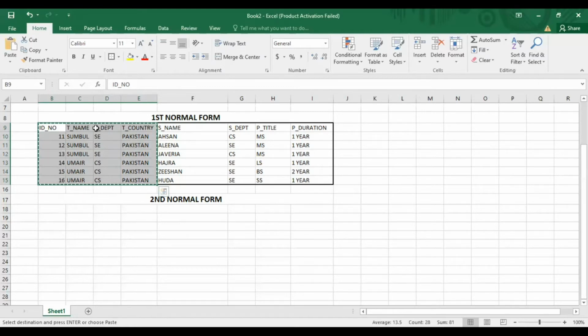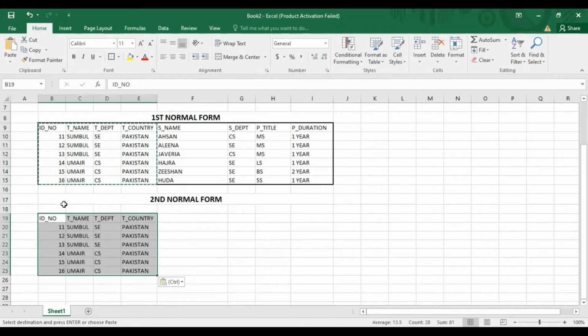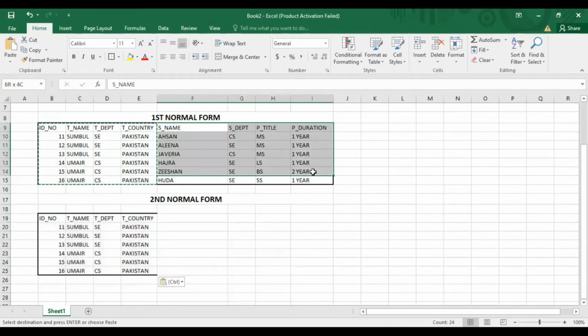Teacher is one entity and student is another entity. You can see the teacher is repeating continuously, and this is consuming a lot of space. The department is repeating continuously, the country is repeating continuously. So let's write this in one table, and write this one in a second table.